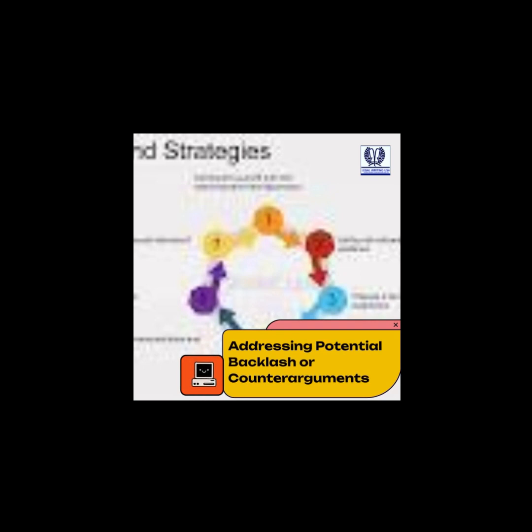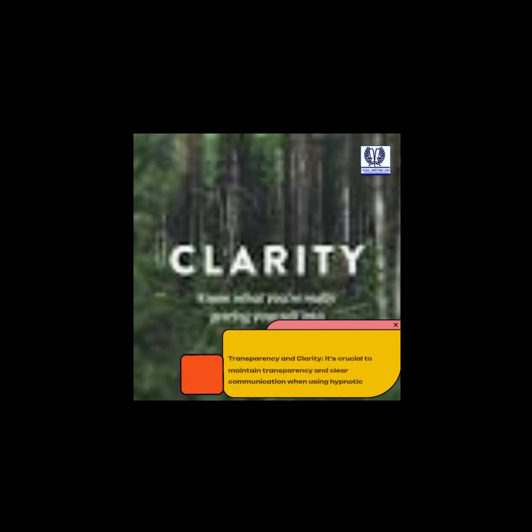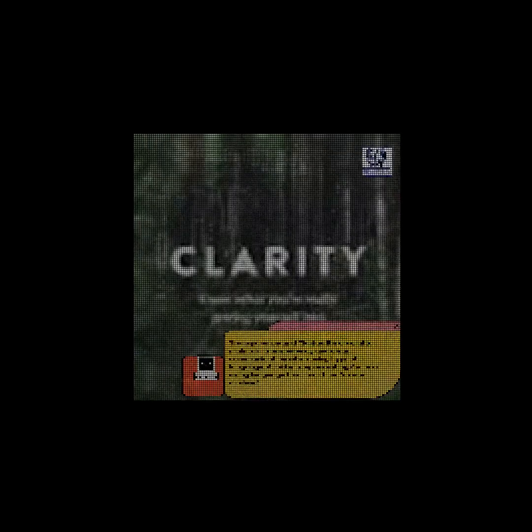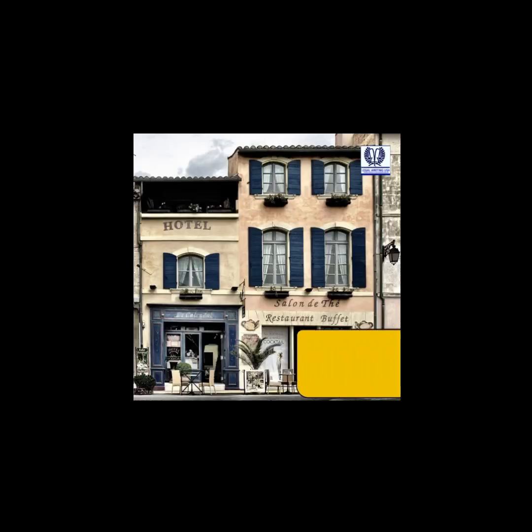Addressing potential backlash or counter-arguments. Transparency and clarity. It's crucial to maintain transparency and clear communication when using hypnotic language. Avoid misrepresenting facts or using language that could confuse or mislead. Acknowledging objections. Address potential objections and counter-arguments head-on, and incorporate explanations that demonstrate understanding and empathy. Demonstrate good intent. Show that your intention is to serve the best interests of your client and the legal system, rather than merely